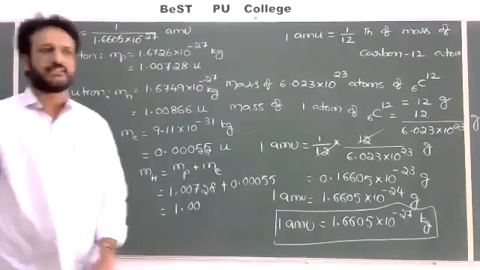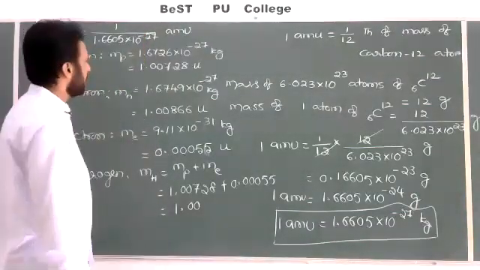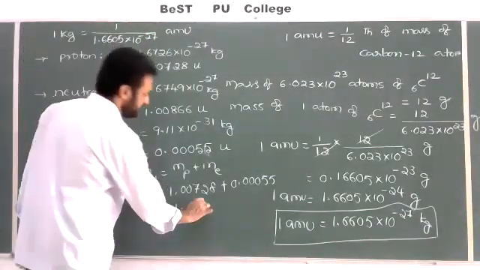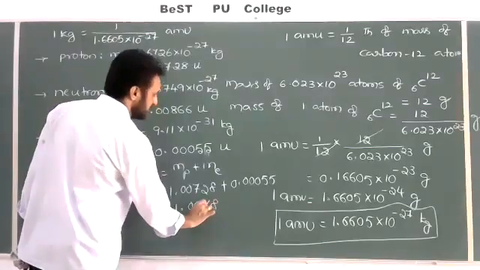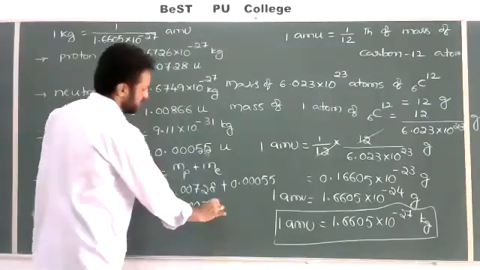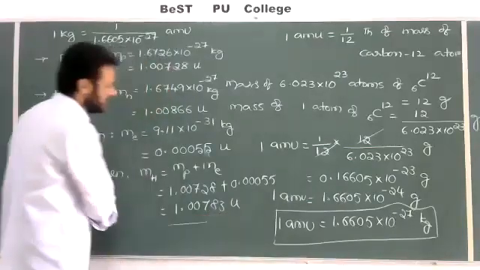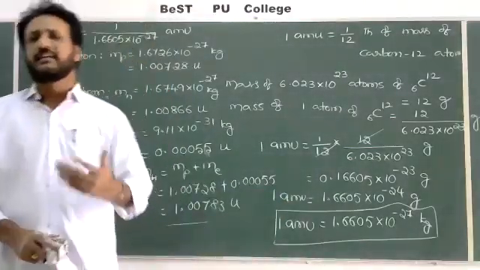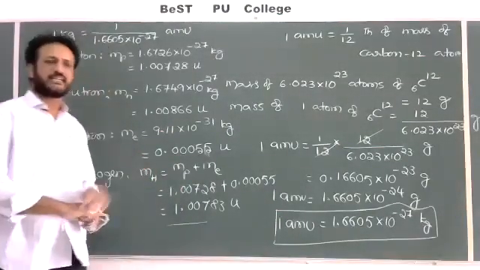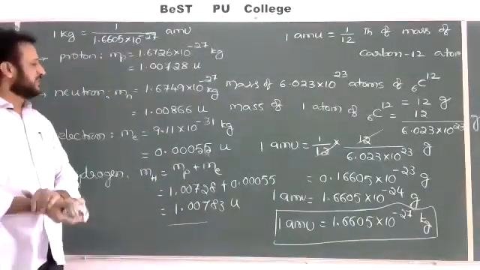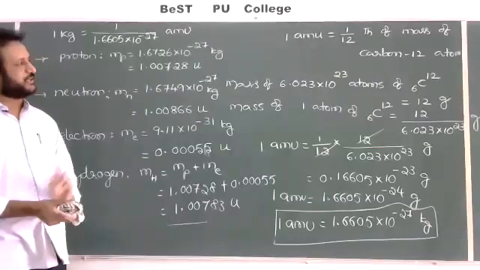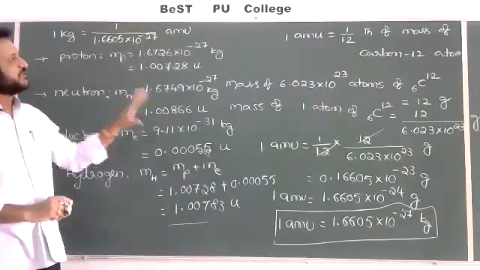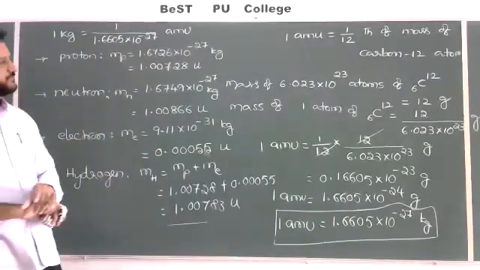1.007825 approximately. 1.00783. So approximately 783. It is the mass of a hydrogen atom. So I have only given examples. Any question given, it is only a method. How to calculate? It is a process to find AMU to kg or kg to AMU. It is the method. It is about the atom's nuclear mass.